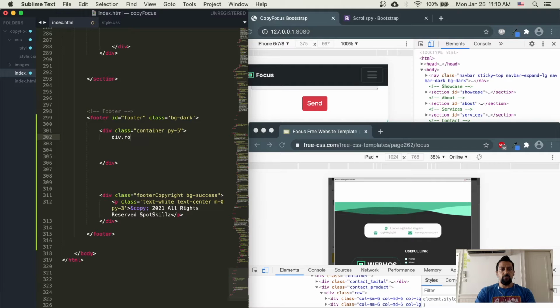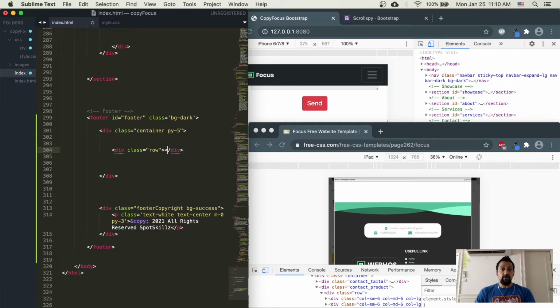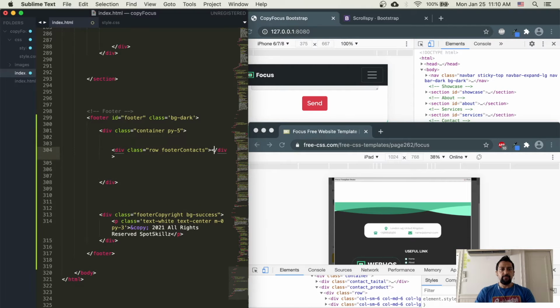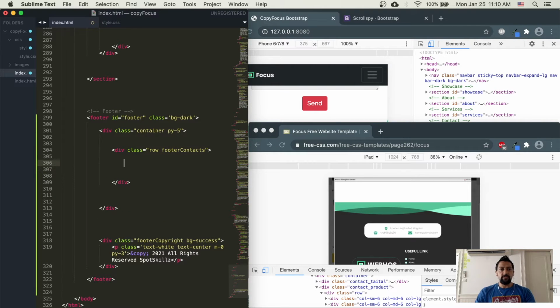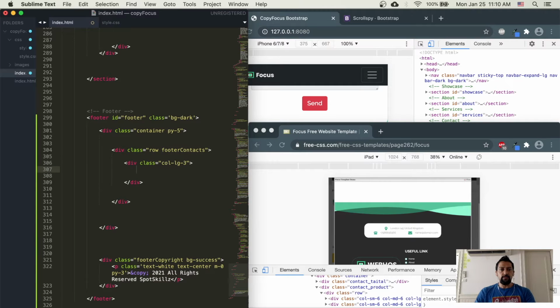What I want to do here also is add in, actually outside of the row, I want to do footer contacts. And inside my footer contacts จะมี 3 ตัวครับ so we have 1, 2 and 3, so I'm going to build out the first one and then we'll copy the rest. So this will be on an LG, we'll call it an LG-4 and make an LG-3, we'll see จะเห็นดูอย่างไรครับ